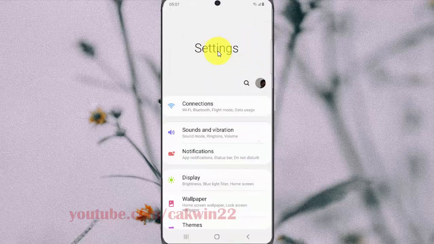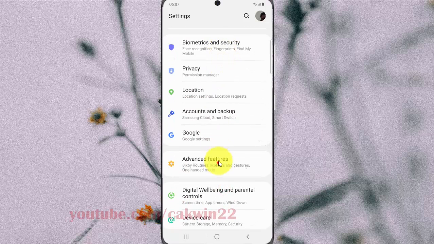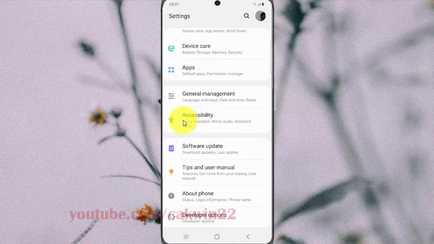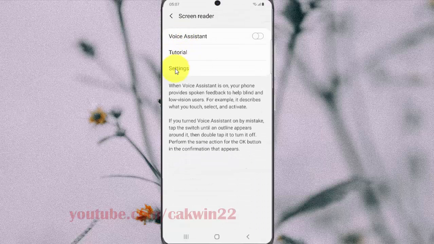Scroll down the settings screen, find accessibility, and then tap accessibility. Tap screen reader, tap settings,